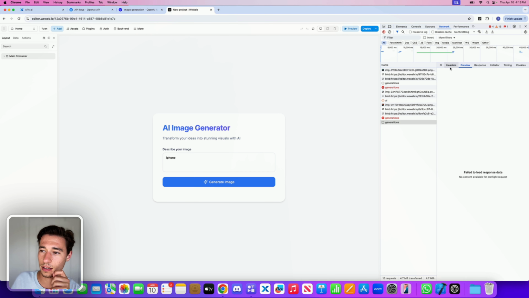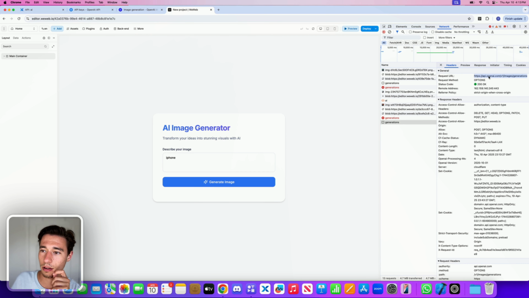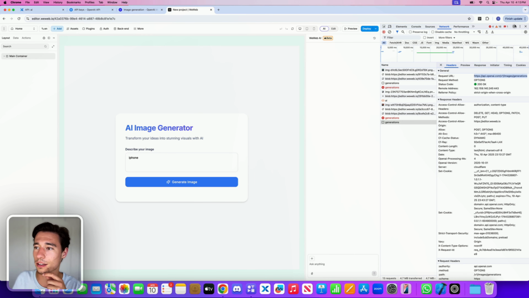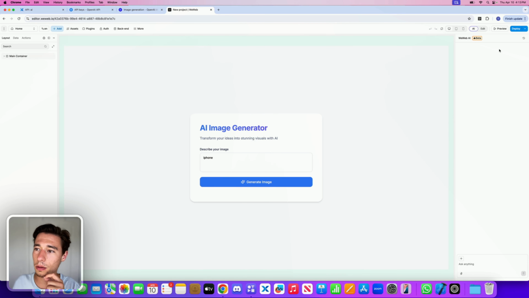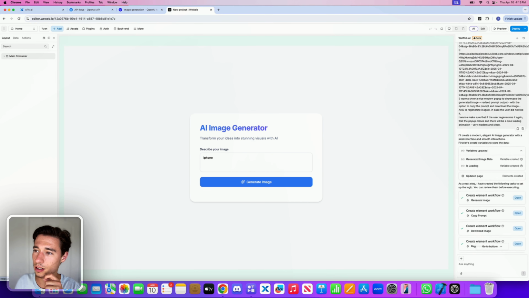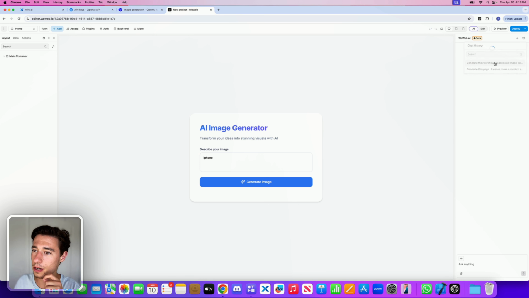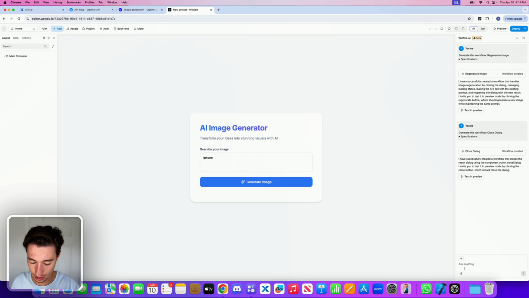Or does it? Let's see, this one calls OpenAI directly, request URL. Interesting. Okay, so the regenerate itself fails. That's probably something we want to go with the WeWeb AI. Let's go to our chat history, word regenerate image. Let's say regenerate fails. It should